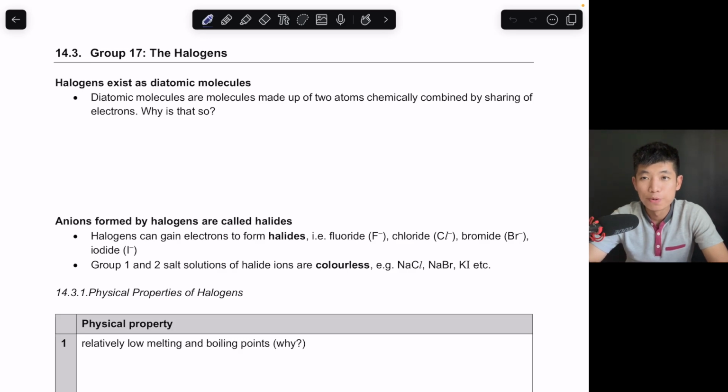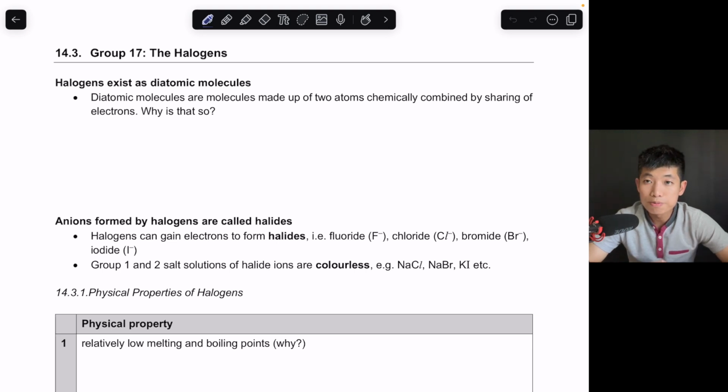Hi everyone, in this video we'll be looking at the group 17 elements, otherwise known as the halogens. Do you know why this group of elements is known as the halogens? The HAL prefix actually means salt in Greek, while gen means to generate. So putting them together, halogen means to generate salts. So it tells us that this group of elements tend to form ionic compounds with similar properties with your